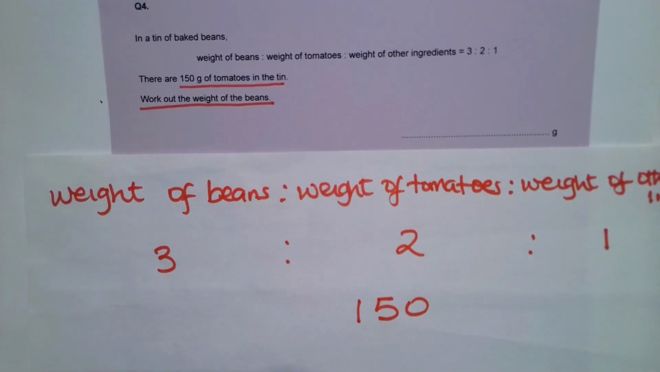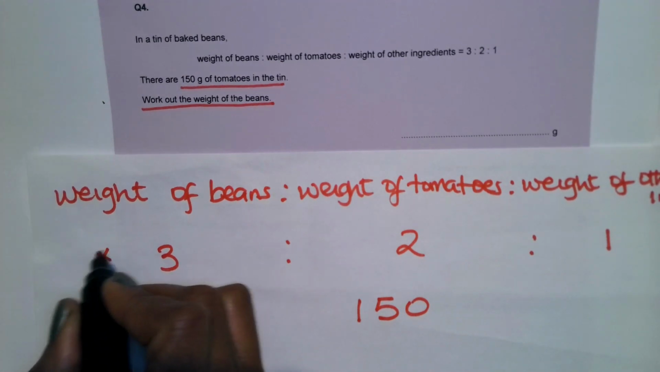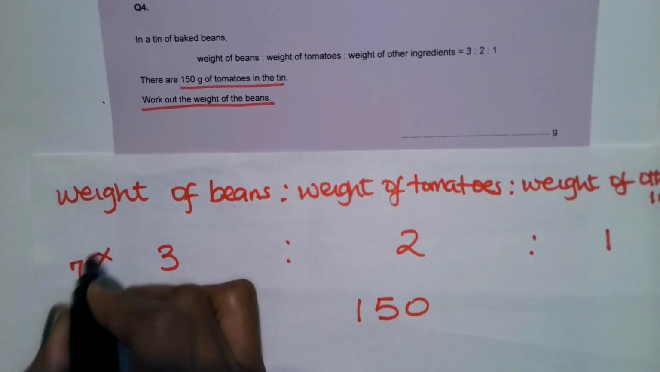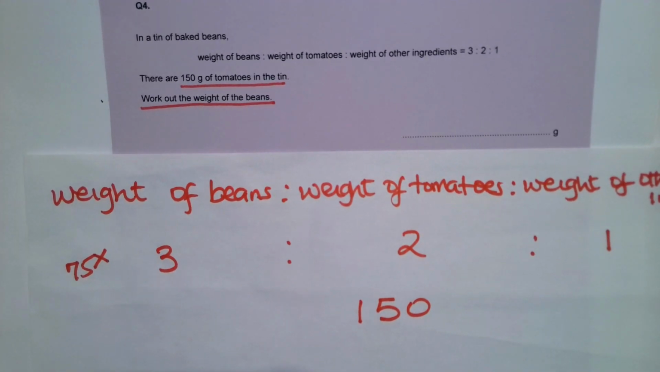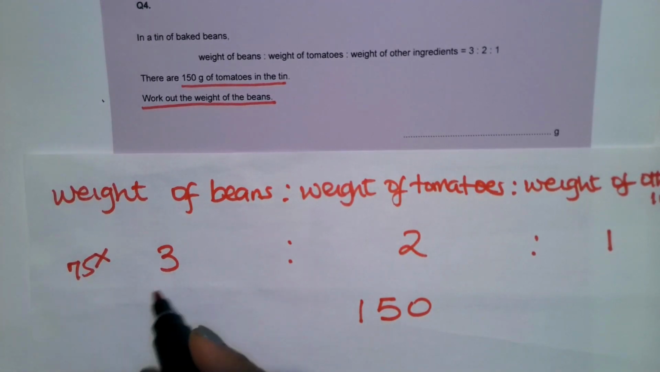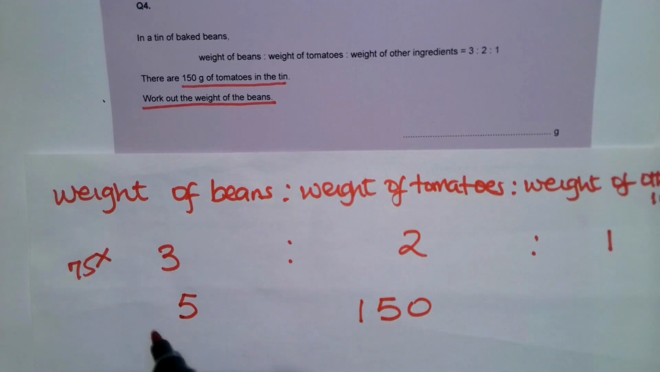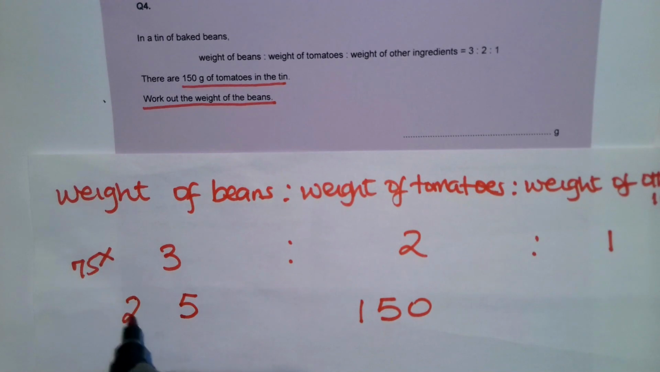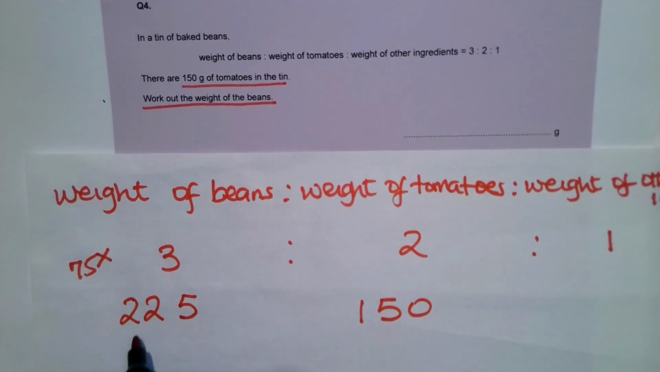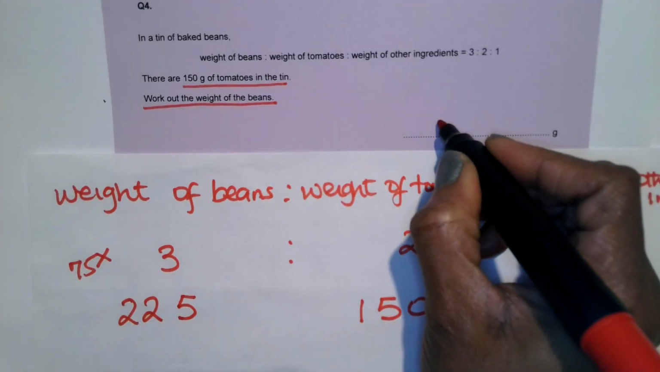So since we're looking for the weight of the beans, we're going to multiply 75 by 3. Now, if we multiply 75 by 3, we can use a calculator, or if you know how to work it out without using a calculator, that would be brilliant. So we know that 3 times 5 is 15, so I'm going to write 5. And then 3 times 7 is 21 plus 1, 22. So we've got 225 grams, and that is the answer. So the answer here should be